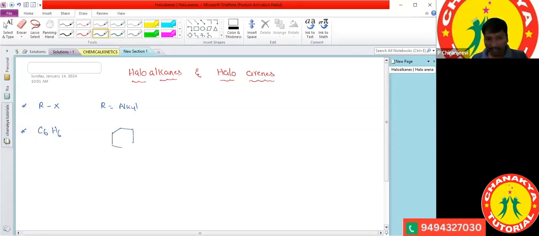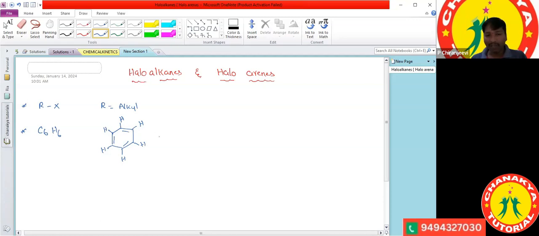So we can call this the structure. In this, each carbon atom is attached to one hydrogen atom. In a benzene ring, each carbon is attached to 1 hydrogen atom. So in total, how many hydrogens are there in the benzene ring? We have 6 hydrogens. In those 6 hydrogens, one or more hydrogen atoms are replaced by halogens,